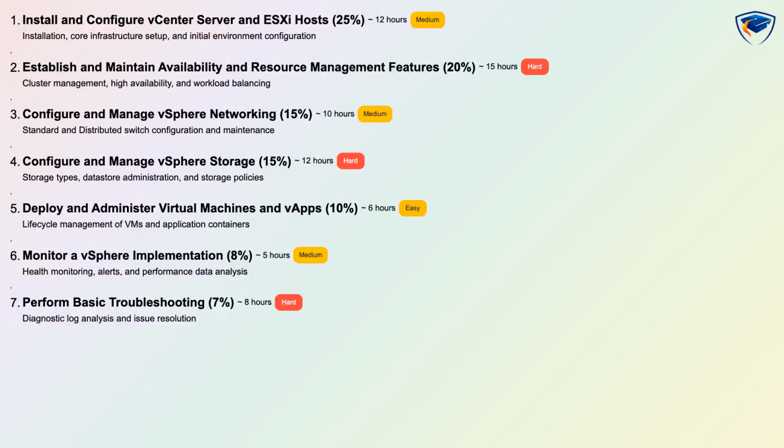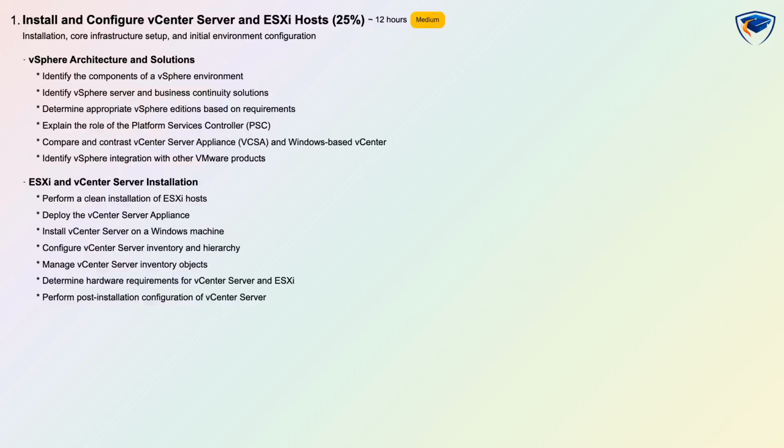The domains are Install and Configure vCenter Server and ESXi hosts, Establish and Maintain Availability and Resource Management Features, Configure and Manage vSphere Networking, Configure and Manage vSphere Storage, Deploy and Administer Virtual Machines and vApps, Monitor a vSphere Implementation, and Perform Basic Troubleshooting. The first domain, Install and Configure vCenter Server and ESXi hosts, accounts for 25% of the